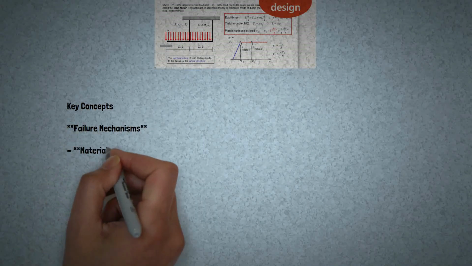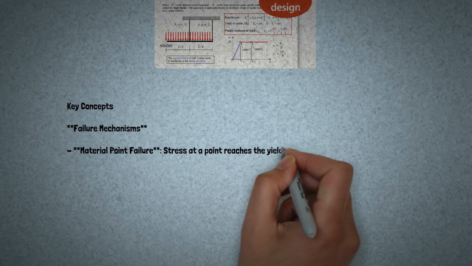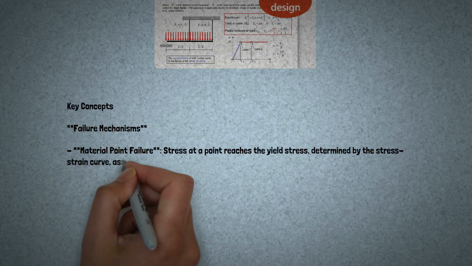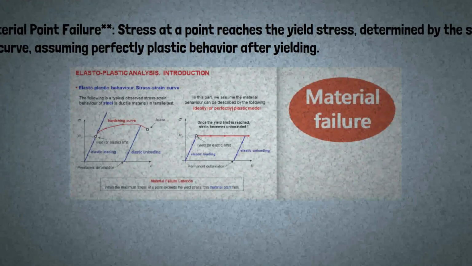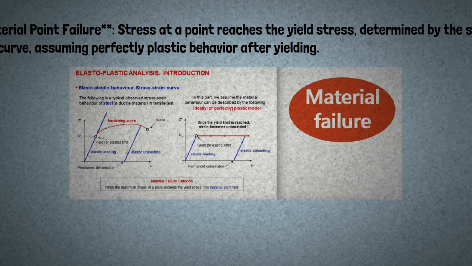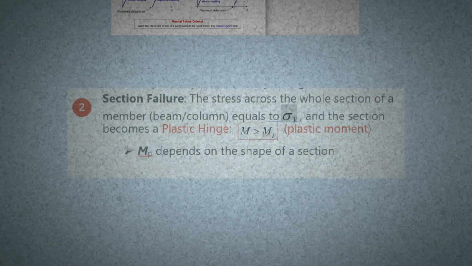Key concepts. Failure mechanisms. Material point failure: stress at a point reaches the yield stress, determined by the stress-strain curve, assuming perfectly plastic behavior after yielding. Section failure: when the stress across a section equals \sigma_y,